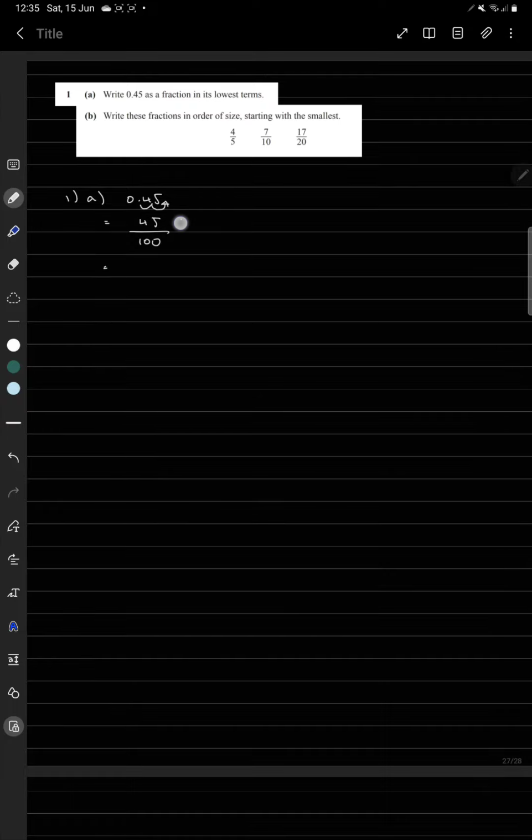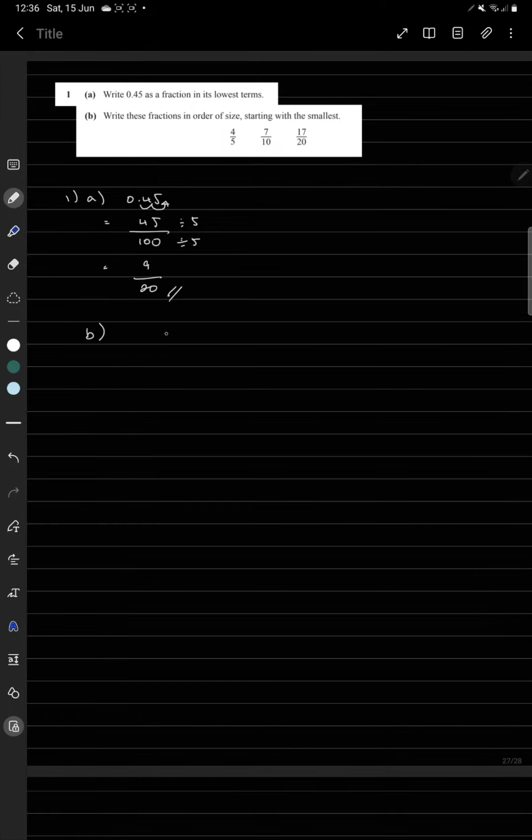So we need to divide these two by 5 because they're both divisible by 5. So we have 9 over 20. Okay, now it looks like this is our limit. We cannot divide any of these two by the same number, so therefore this would be our fraction in the lowest term. Now moving on to part B, we want to write these fractions in order of size starting with